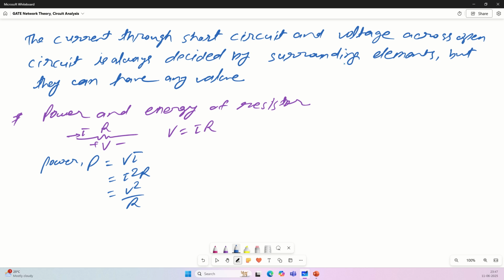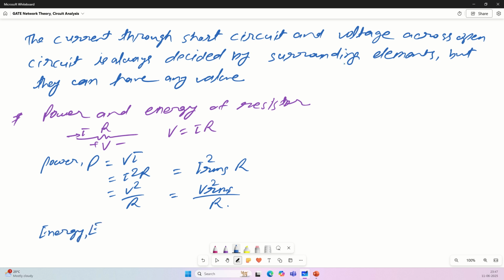And similar to that, we generally put it in the form of root mean square value. Okay, so that is nothing but I RMS square into R, or it is nothing but V RMS square divided by R. Okay, the energy,